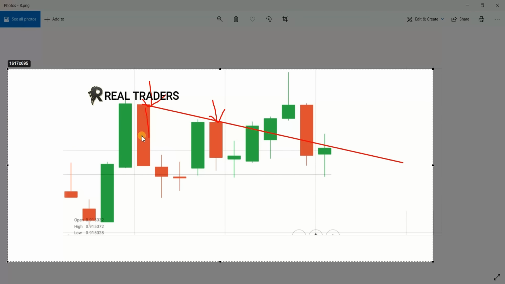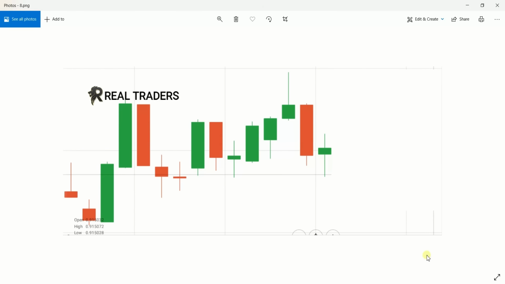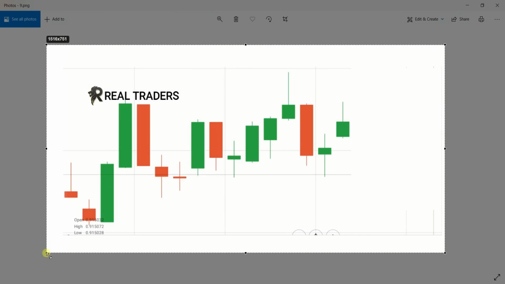So you can see the seller's entry here, so it means this level is working. So we can trade here a lower option. Already we are seeing strong sellers, and this is a weak candle at the level. Okay, but that point that I told you, you can see here